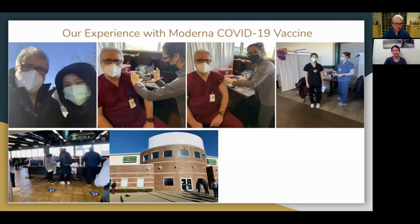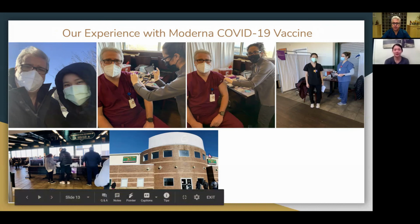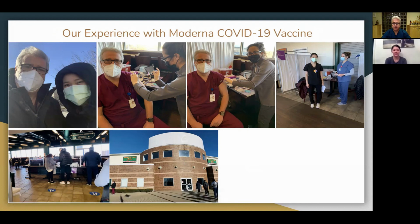So lastly, I would like to share with Dr. Rogu about our experience getting the Moderna COVID vaccine. We had an appointment with Northwell Health, and we got it last Friday. The average wait time was about 1 hour, and they were very good about controlling the number of people who enter the building, with signs on the floor to make sure that people are standing 6 feet apart. We were directed to nursing stations where they had set up several of them divided by curtains, and the nurse will administer the vaccines to us,